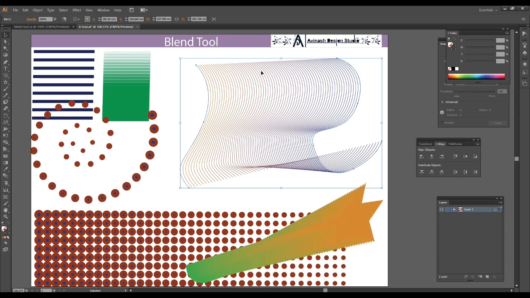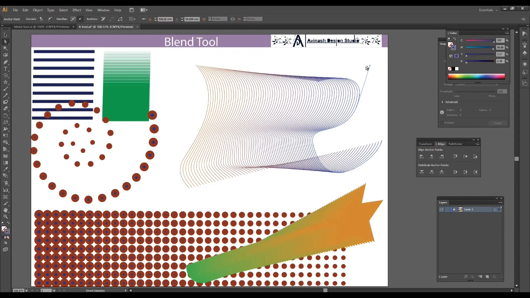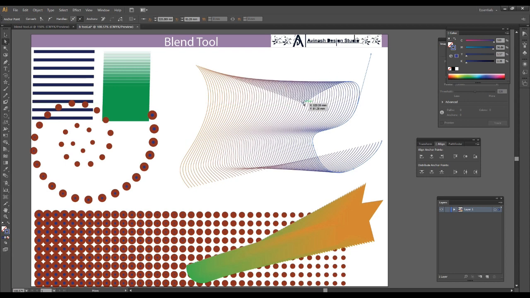This is a different kind of blend. Here our color is also blending, and there are different kinds of lines. We can move and change the lines. After that, select the direct selection tool and select the last line, and we can change the designs from here also. This is the beautiful design we can make through this blend tool.